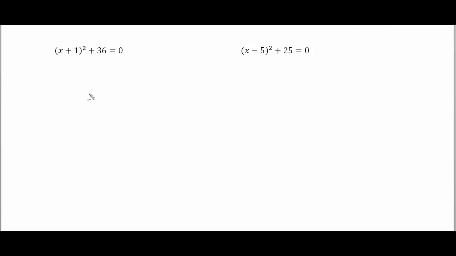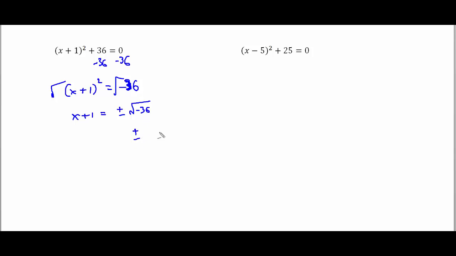Okay. So we're going to move the 36 to the other side because we can isolate then the x plus 1 quantity squared in preparation to do the square root. And whoa, 36. Yikes. There you go. And then we're going to take the square root of both sides. So we got x plus 1 is equal to plus or minus the square root of negative 36,